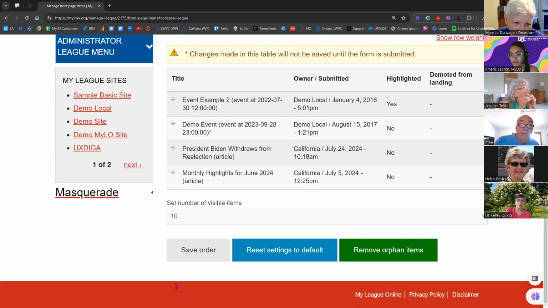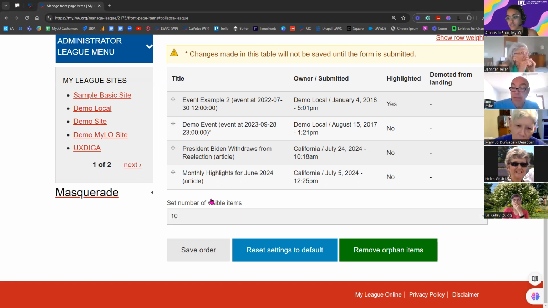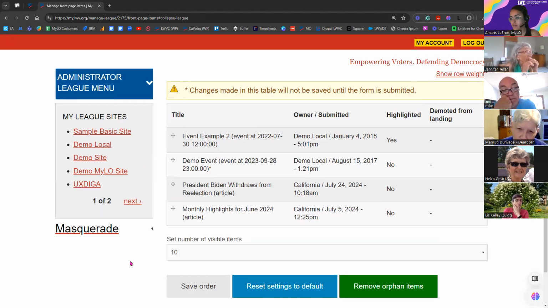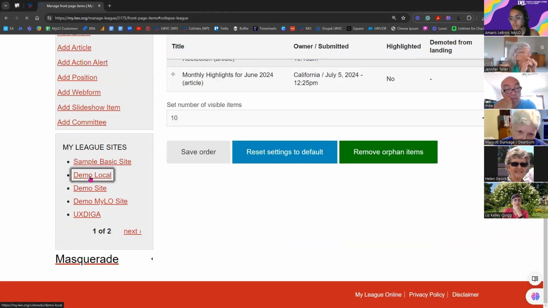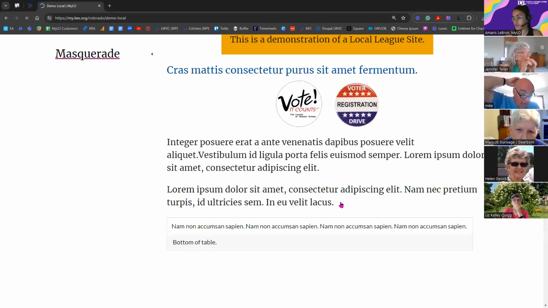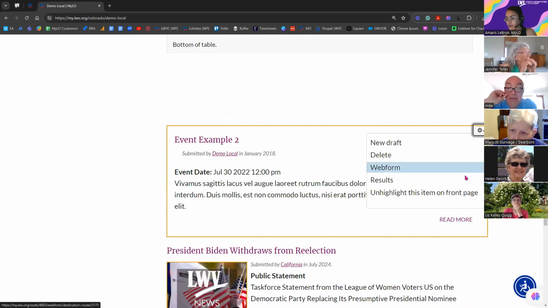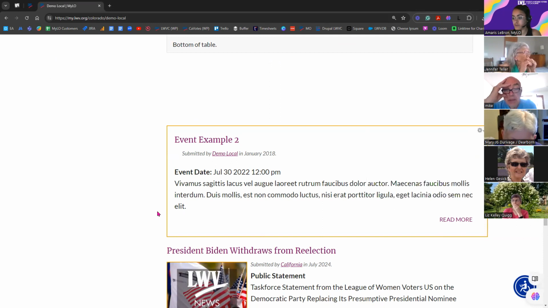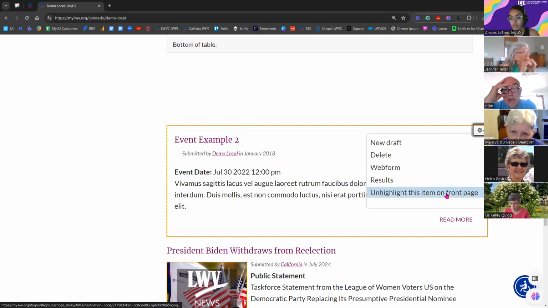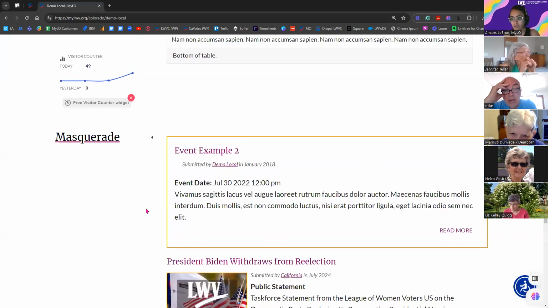Any questions about that? Mary Jo, I see your hand. I was just going to say that another option for people to do when they're especially doing events is that you can make it sticky or an article. Yeah, as far as sticky and the front page, that is disconnected now since we have this front page functionality. So you'll see that before there was the option to make sticky here on the front page, but now that is what we call highlight and unhighlight. But when it comes to sticky,